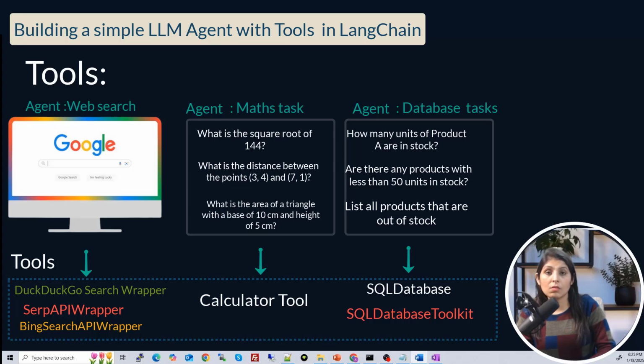And if you have a task related to file management, let's say you want to extract the text from PDFs or you want to handle the data of CSV files, for such tasks there is a separate tool in LangChain which comes under file management tools. And sometimes, let's say you are building a use case where you need to fetch some data from an API, that also we can do with these tools. So learning these tools is very important. We'll see what these tools are, the basic structure of these tools, meaning the syntax, how we write the code for tools, and then we'll move to the coding part.